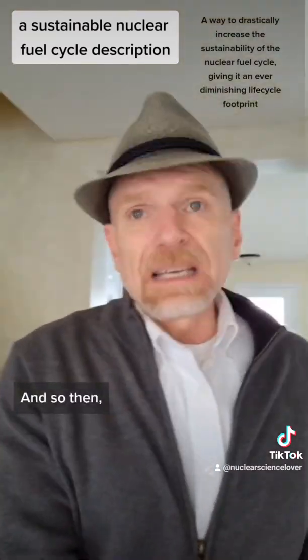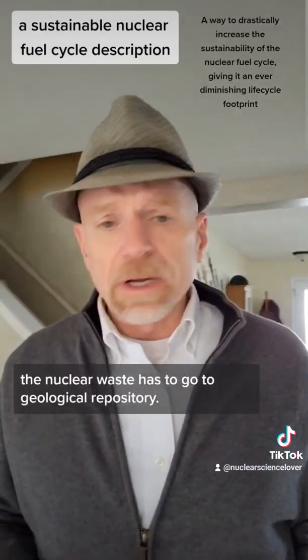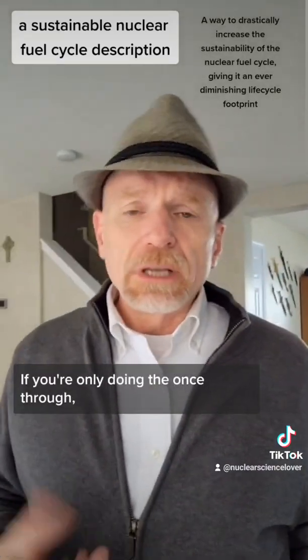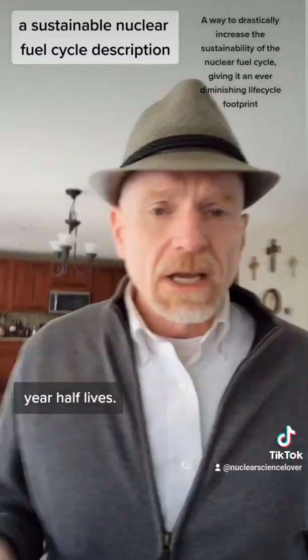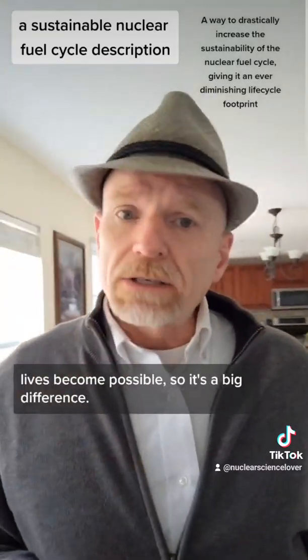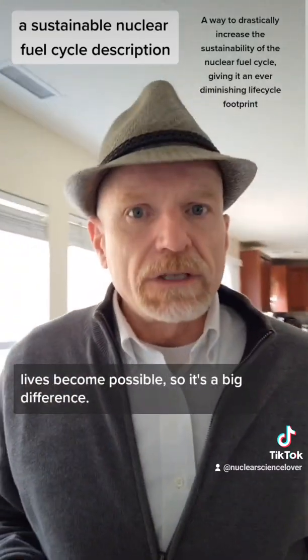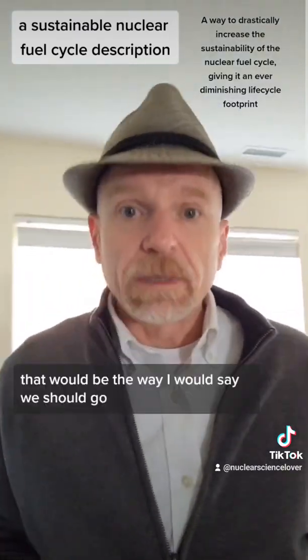And so then the nuclear waste has to go to a geological repository. If you're only doing the once through, then you've got the plutoniums and the actinides, which have 10,000 year half-lives. But if you do this full recycle sustainably, 30-year half-lives become possible. So it's a big difference if you do a full recycle, especially with depleted uranium. That would be the way I would say we should